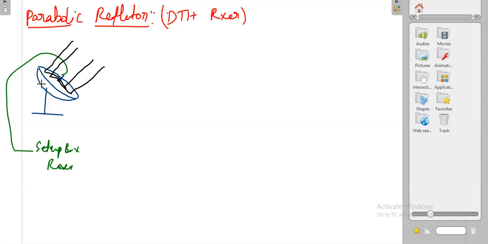Whatever signal is incident on this parabolic reflector is reflected back in such a way that it is all focused on this point. Again, you know the mathematics: once you have kept your feed exactly at the focal point of the parabola, all the waves falling on the parabolic reflector will definitely be collected by this feed. If you do not keep the position properly, you will not receive a proper signal. Then with the cable, you can take that signal to the set-top box receiver, and later you can see the TV program.